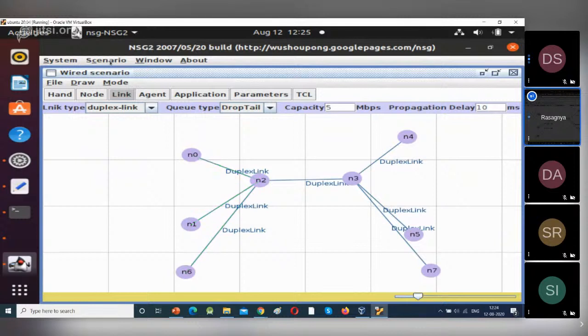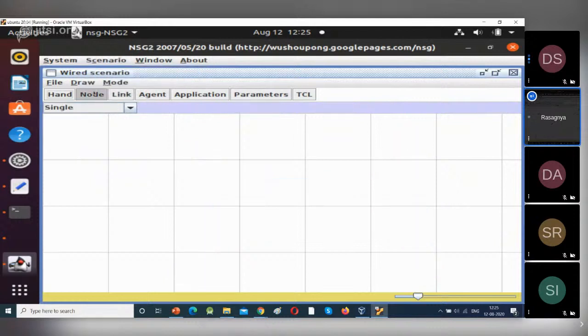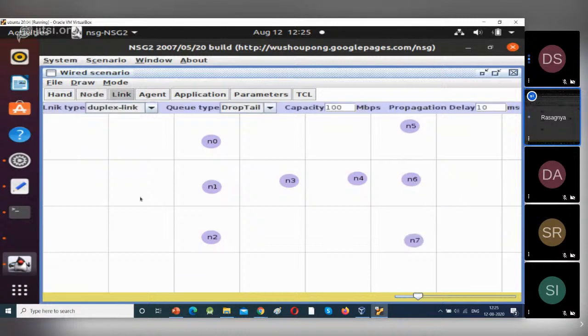Once again we will connect these devices. I will clearly explain once again how to connect these devices. Select, there is no undo option. So select new white scenario. Node, select three devices. Next select one device and next one device and next select three devices. Just click here. So the devices will be created. Now go to link. Bottleneck is nothing but there will be a common link between these two devices and these senders will share this link to transmit the data.